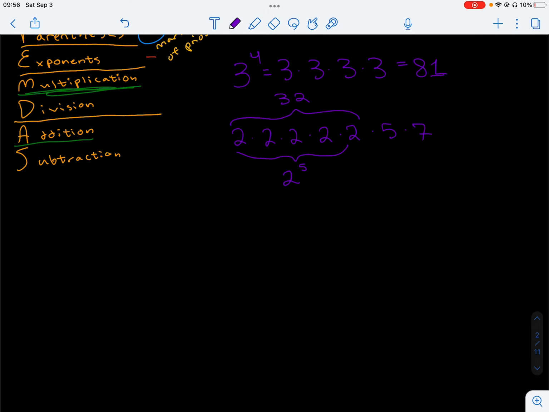Now, cool. Being 2 to the fifth, I can then make a substitution there. I can leave it as 2 to the fifth and have a times 5 times 7. Now, 5 times 7 is 35. And if I were to take 35 and multiply it with 32, well, I would get, let's see, okay, so